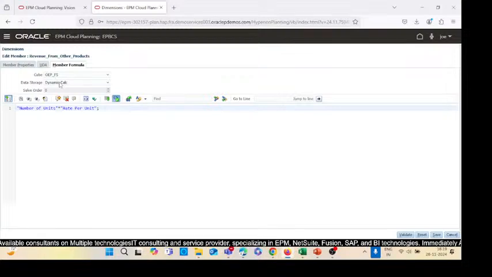Cube is OEP_FS, OEP underscore FS, and my data storage property is dynamic calc. Simple formula I have used here just to make sure that you guys cannot get confused. Otherwise later on I'll show you, if you want to make a complicated one, then how you can use that. So just need to use the correct indentation, like number of units should be under the inverted commas, multiplied by